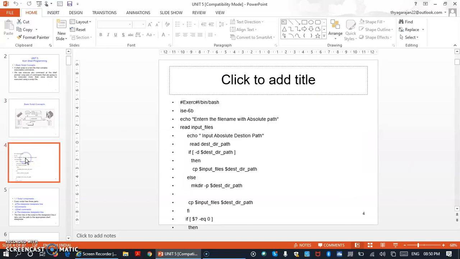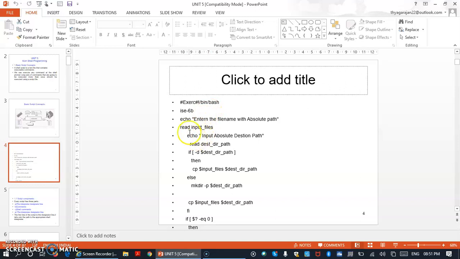Take for example one of our exercises, 6b, copying the contents of one file to another file, right? This is a script which we are going to write in our current working directory.